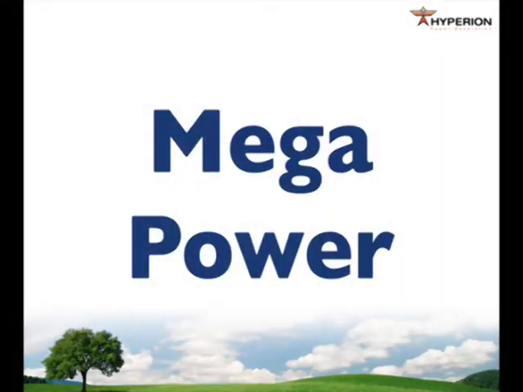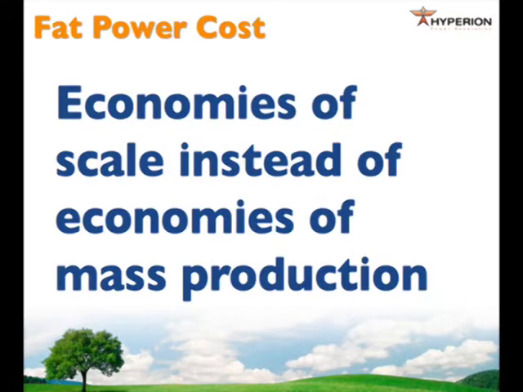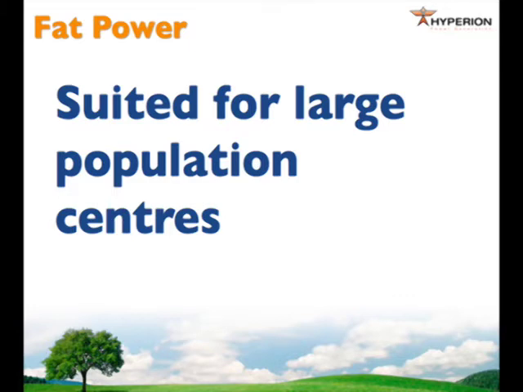Mega power is the large reactors, large coal plants, large gas plants, large PV plants, massive, huge projects and undertakings, relying on the economies of scale instead of the economies of mass production. They're suited for large population centers, except you can't really build them in a population center. You've got to build them far away, and you've got to ship that electricity. And if you know anything about electrons, they kind of have a free will of their own. They wander around wherever they want to, so you get loss of transmission. You pay about $1 million a kilometer just for the wire to move it around. So there's a real approach about grid-based electric production. And that's what we refer to as a different way.